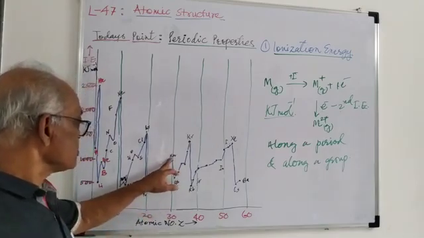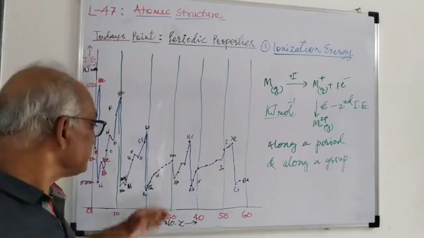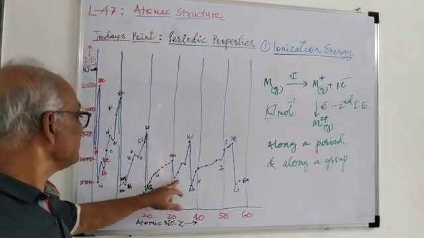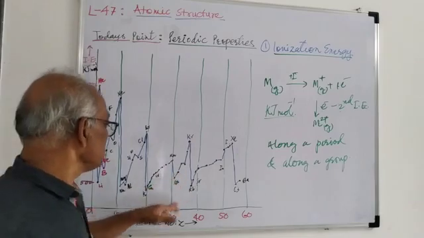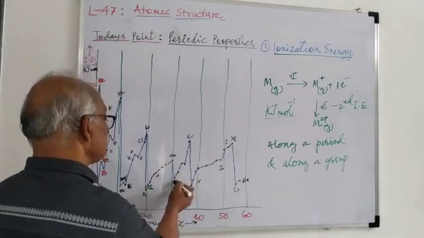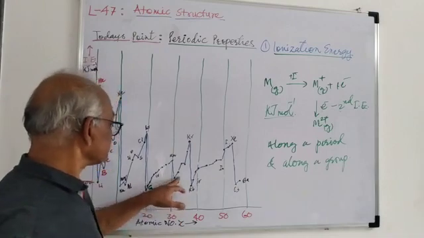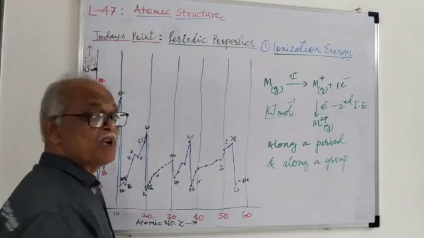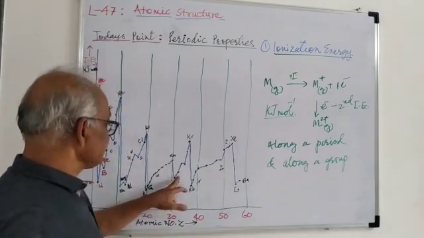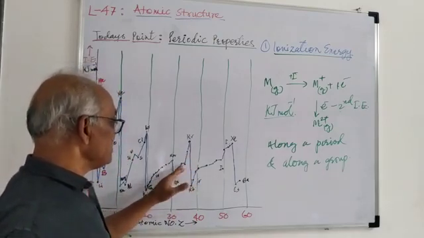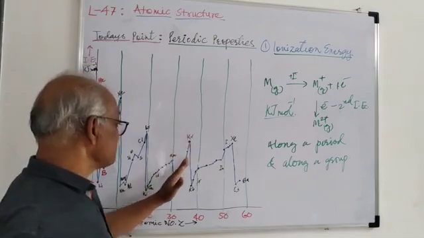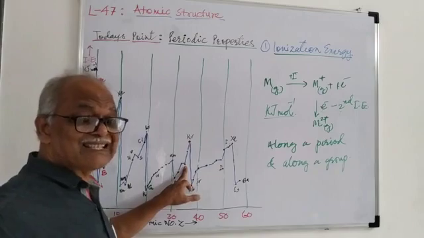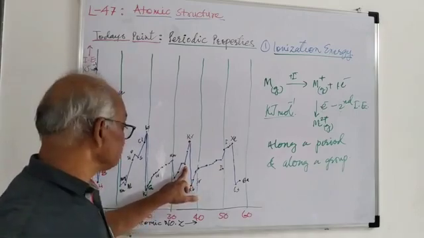Then again if you go to zinc, the d orbital is completed, so the energy is much higher. Again if you go to gallium, the energy is lower because the p subshell begins here, and this p subshell continues to be filled up to krypton. So during this filling the ionization energy again goes nearly straight. Here it is lower because the p subshell is half filled.